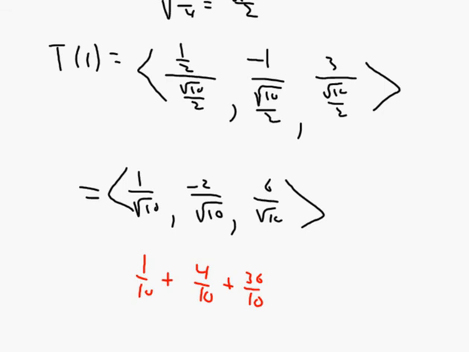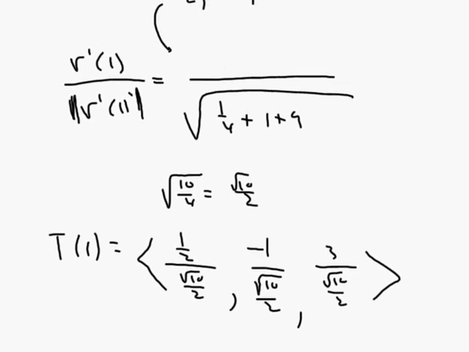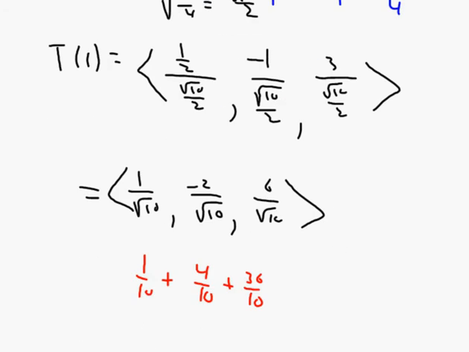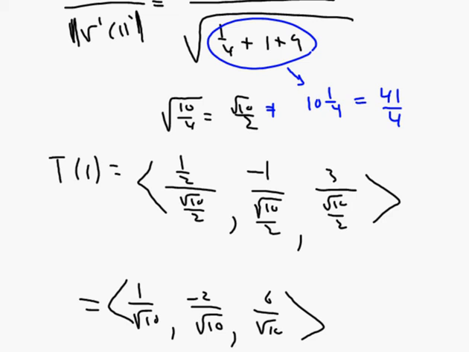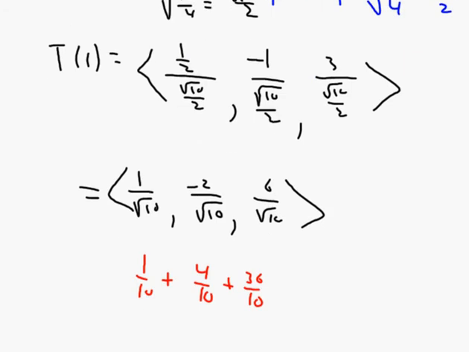And this is just proof that it's worth checking every now and then, because if you go back up here, when I added these together, this turned out to be 10 and 1/4, which is not equal to 10/4. That was me being a little goofy. That's actually equal to 41/4, which will be a little bit better. So now if I had divided by the square root of 41/4, which is the square root of 41 over 2, and I replaced all my root 10s with root 41s, like I'm supposed to,